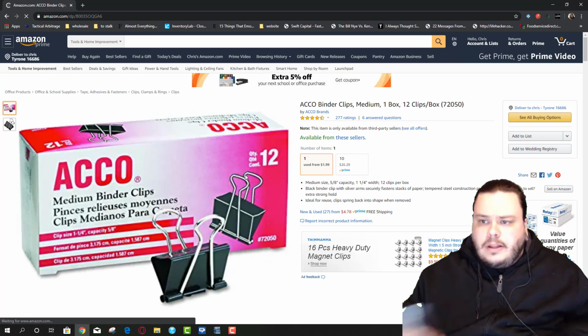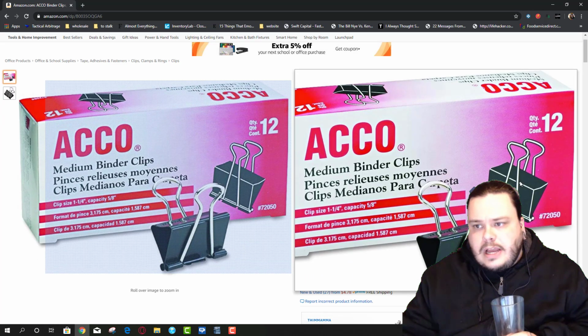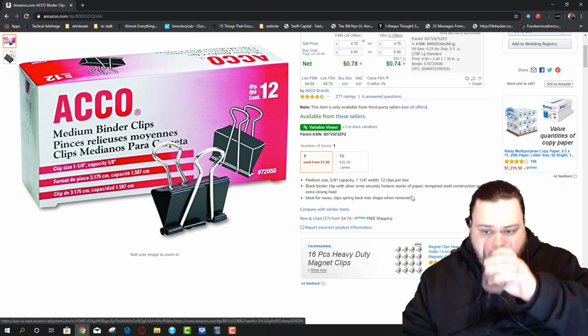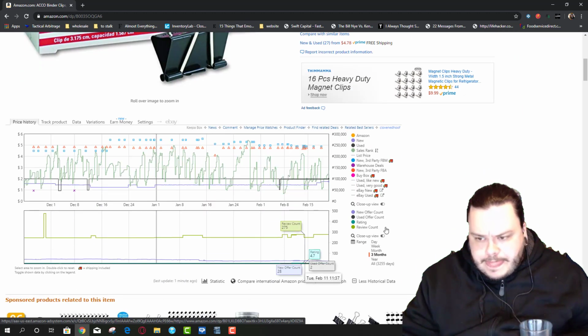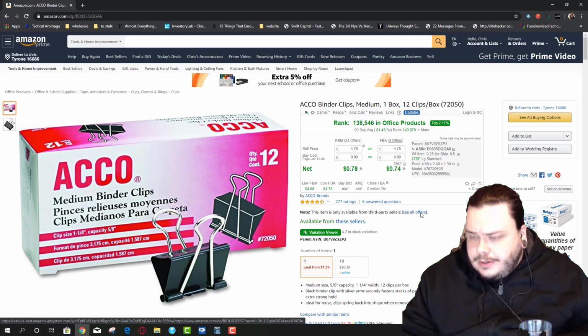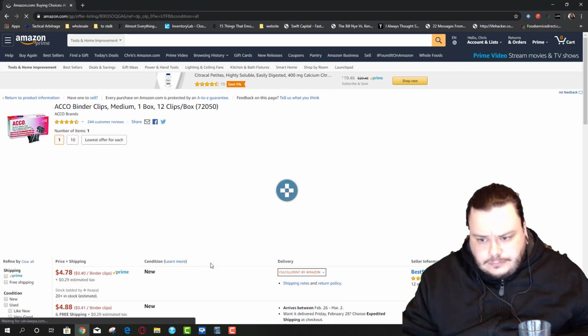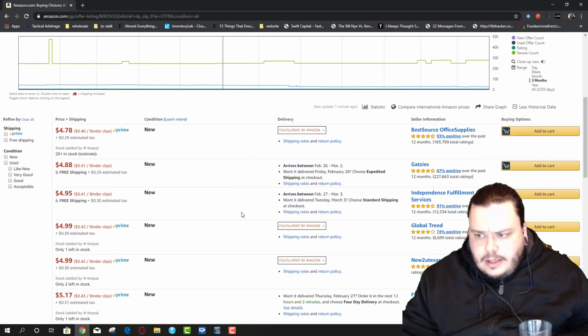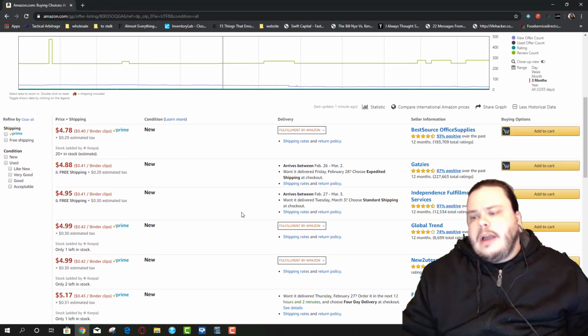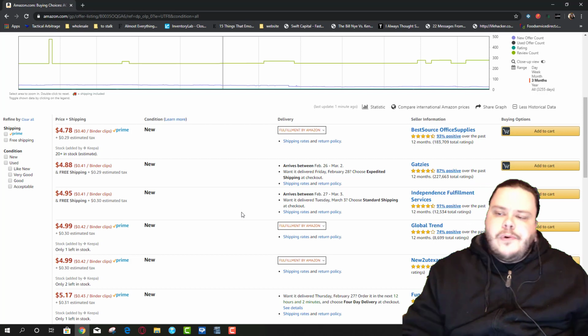Okay. Paper clips, binder clips. Okay, let's look at what we got here. So people are going to ask, I pulled this one up purposely here.